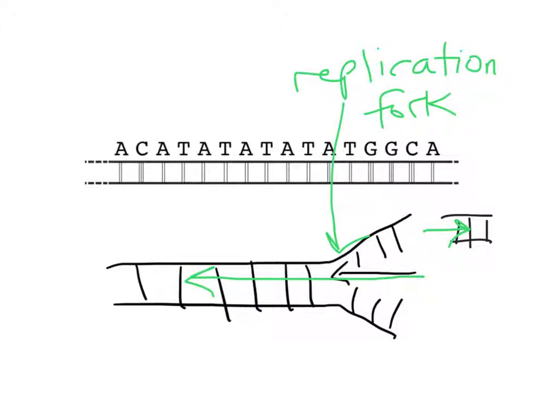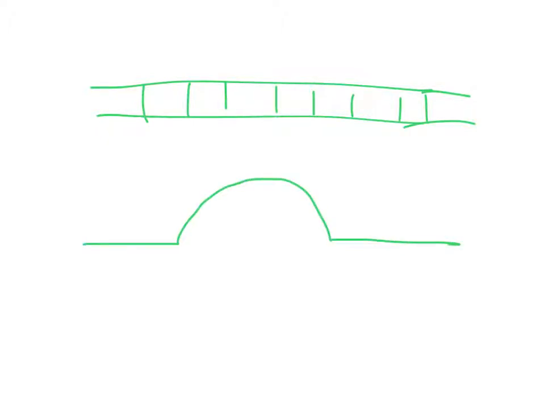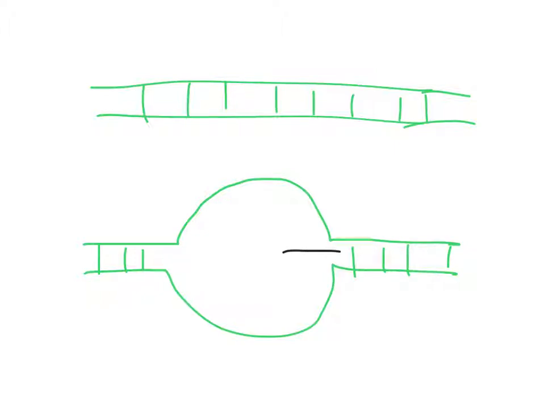In other words, if you draw both of the forks at once, there's our initial state, and then at some point you're going to see something that looks like that, which is called a replication bubble. And that's the replication forks, the DNA unwinding in both directions, the black arrows, at the same time. And then you've got nucleotides hanging out here, not hydrogen bonded with each other,